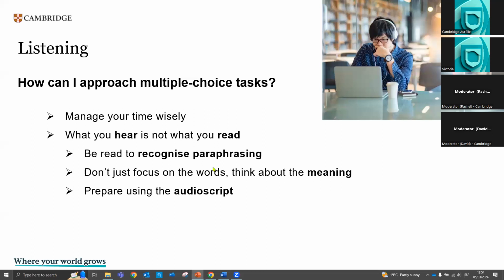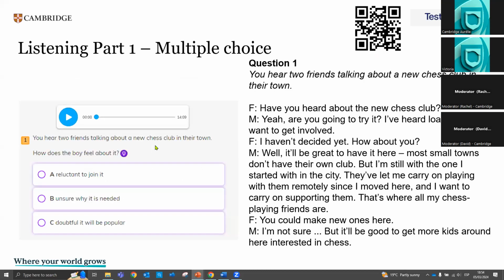What we hear is not what we read. How can we solve this challenge? We need to be ready to recognize paraphrasing. We need to know this is going to happen. Try not to focus on the words. Think about the meaning, the idea behind the words. And how can we prepare using the audio script? So here we've got a question